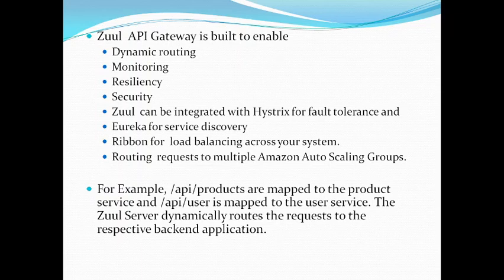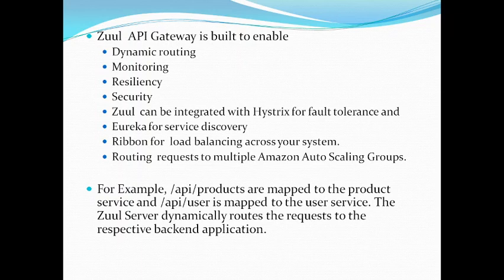And the Zuul project can also be integrated with multiple other microservices modules like Hystrix for fault tolerance, and it can be integrated with Ribbon to provide load balancing across the multiple instances of your microservices producer applications to the consumer. It can also be integrated with the Netflix Eureka server for discovery server purposes, and the API gateway can also be used to handle multiple requests and their routing even in cloud instances, like Amazon auto scaling groups, which you can also configure with the Zuul API gateway.